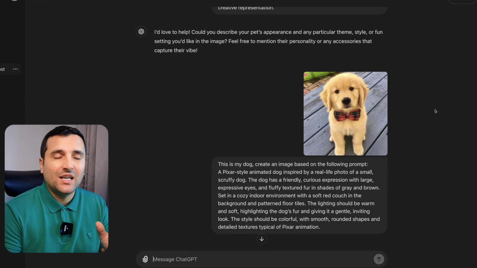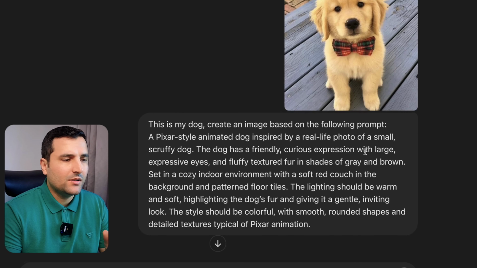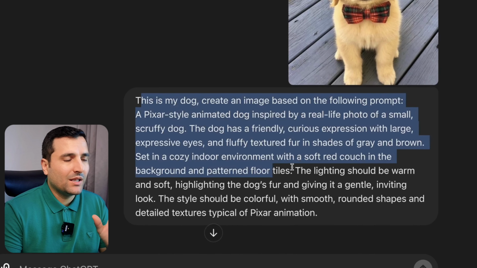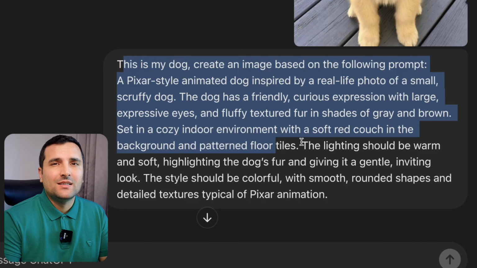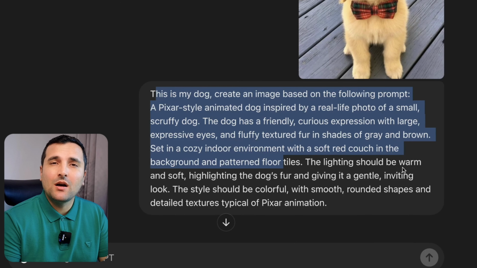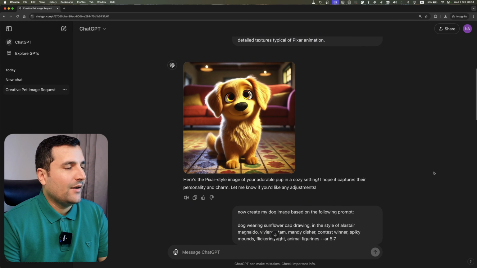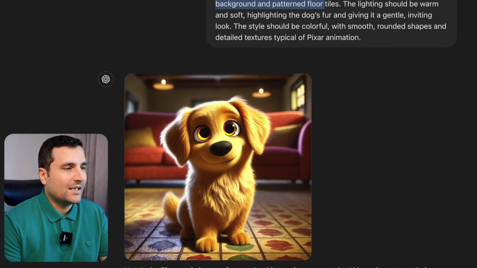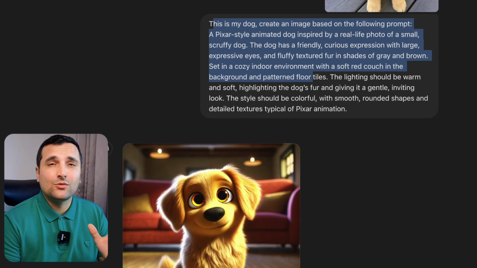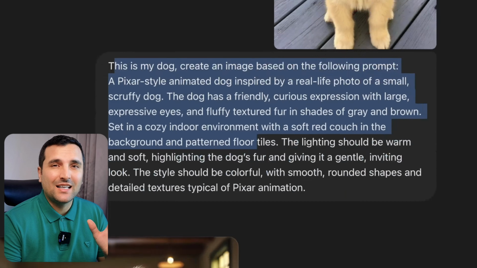So I attached an image of my dog and also tried to be as specific as possible with my prompt and explained everything in detail, the image that I want, the style, the color, the whole shaping of the image, I described everything. So let's see what happened. After that, ChatGPT created this beautiful image of my dog. As you can see, the character is surprisingly similar to the dog that I attached here,